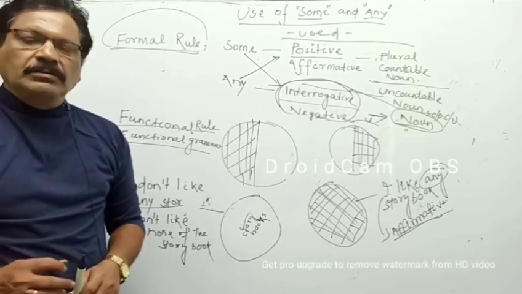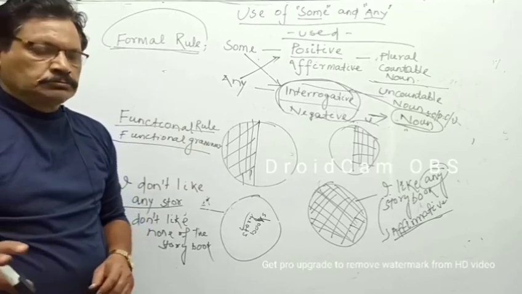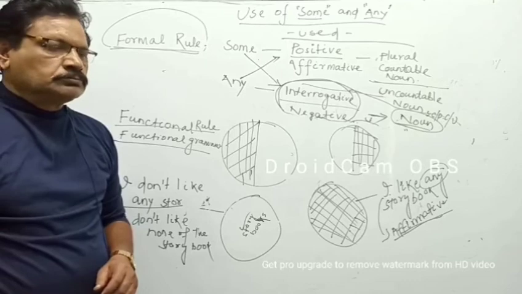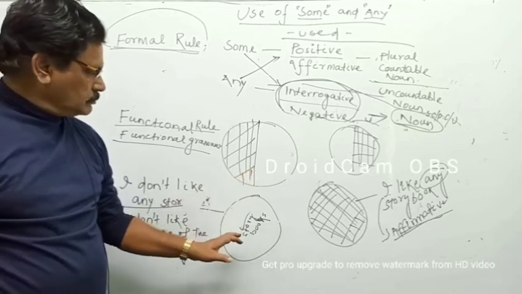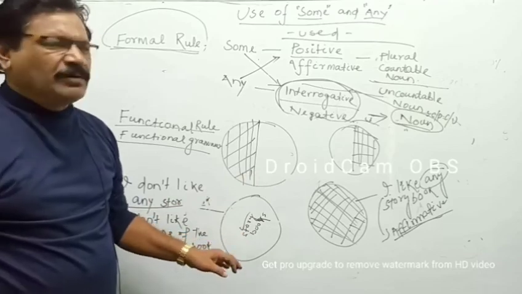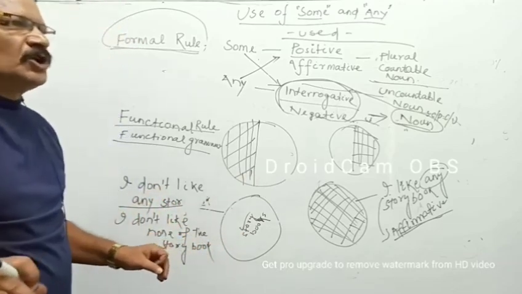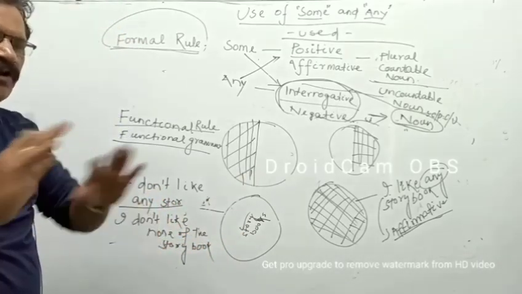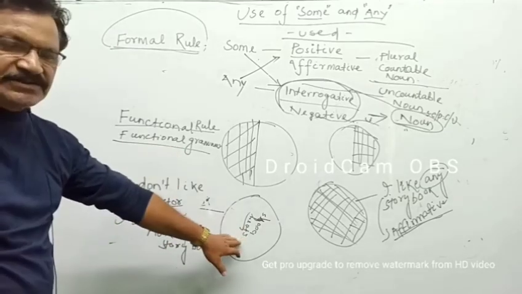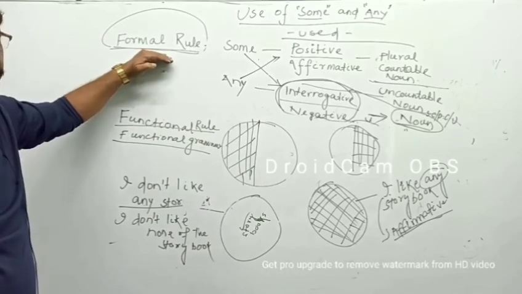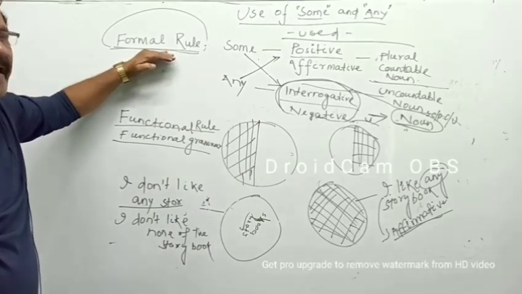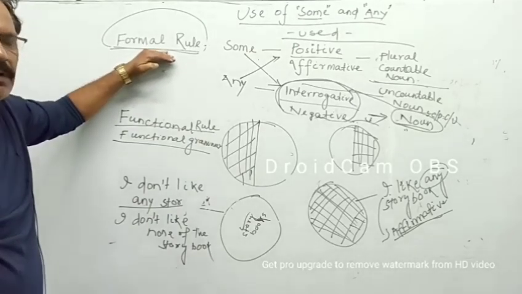Do you remember? Sir, is non-formal equal to functional? Wait, man. No, that is different. Non-formal and functional are quite different. Functional depends on context. Non-formal is different. Here, formal rule. What is the formal rule? It is applicable, it is used